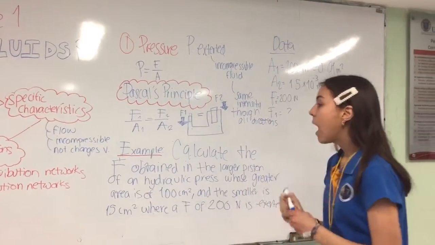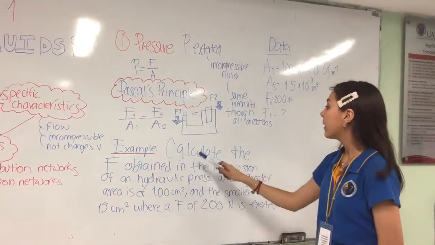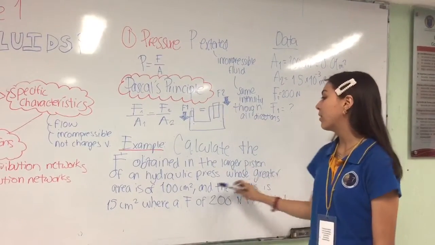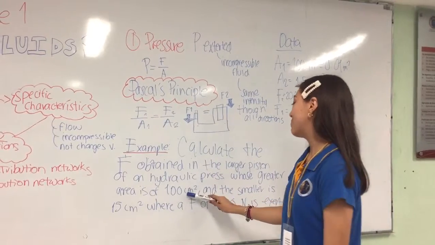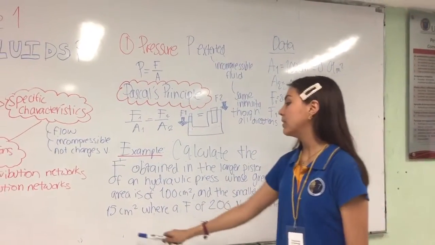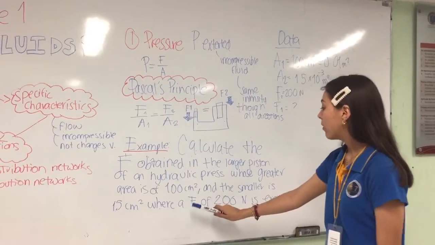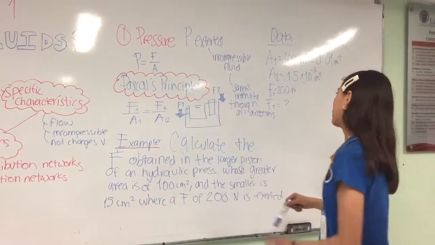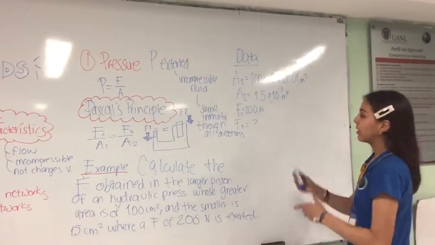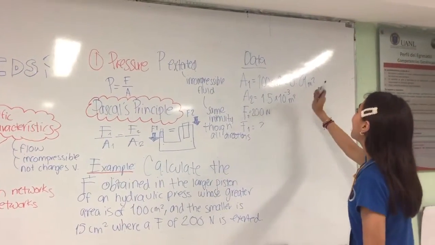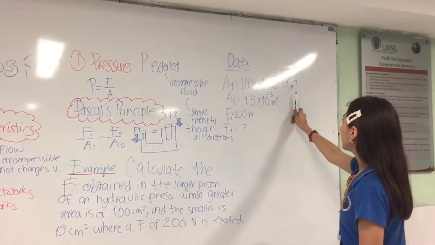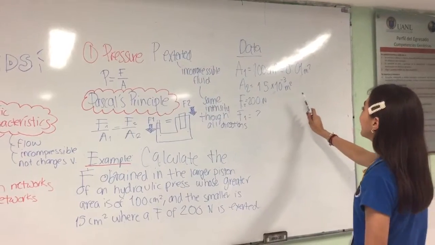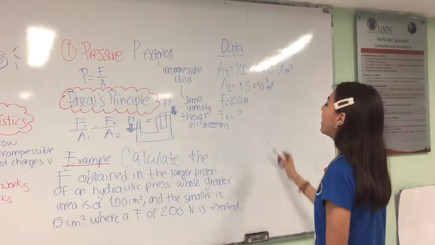drawing. I'm going to explain this example that says, calculate the force obtained in a larger piston of a hydraulic press whose greater area is 100 centimeters squared and the smaller is 15 centimeters squared, where a force, this is the force 2, is 200 newtons. So we have already the data here, that is 0.01 meters squared. The area 2 is 1.5 times 10 to the minus 3 meters squared, and the force 2